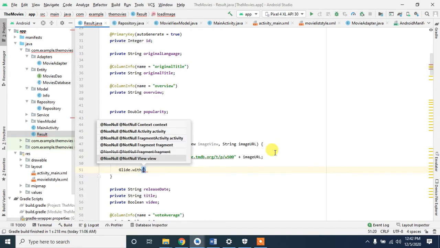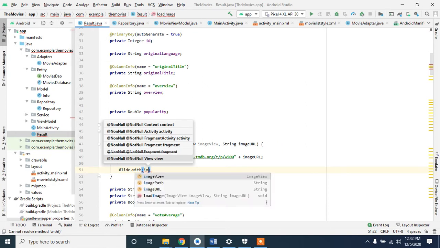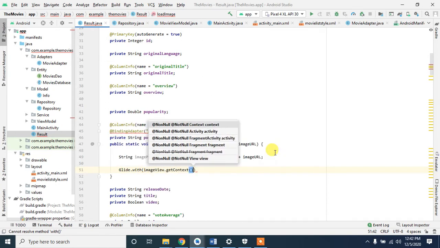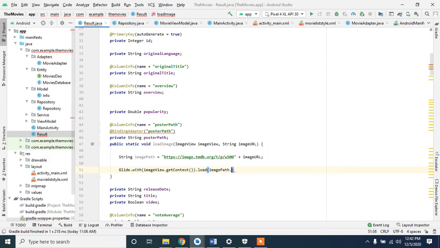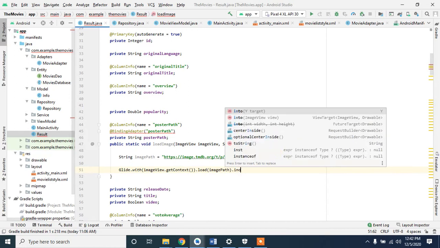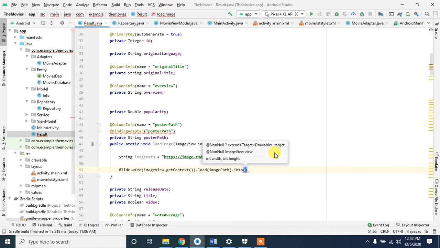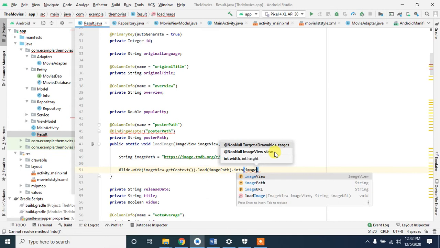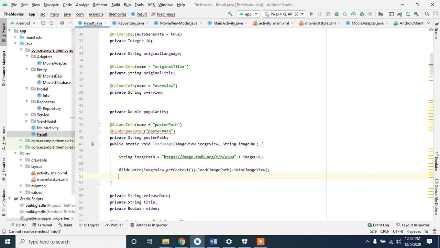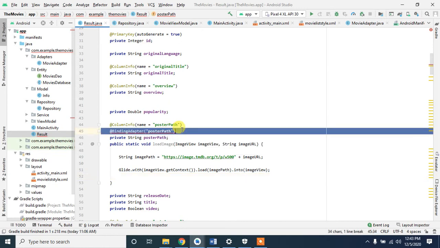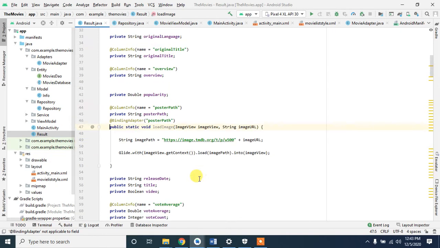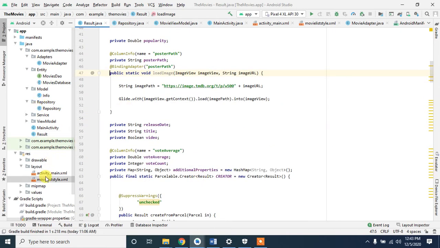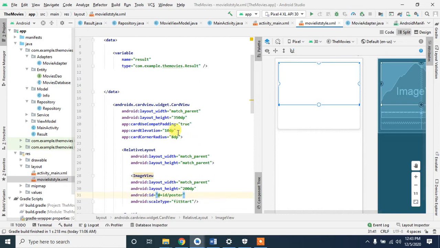Glide with image view get context dot load image path into image view. Perfect. And now we have to move it, I think, here. Okay, we are done, and I will go to movie list style, and here what I will do